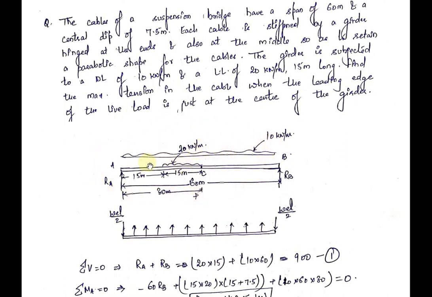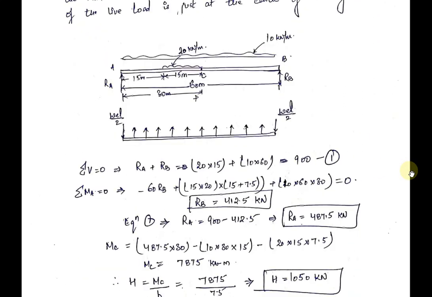Now for this type of arrangement we have to find out the maximum tension in the cable. In order to find out the maximum tension in the cable we must first know the value of H and VA or VB. After finding out the value of H and VA, we can find out the value of T max. So just like we proceeded in the previous numerical, in this also we will proceed in the same way. Suppose the support reactions at A and B due to the external loads only are Ra and Rb. So now find out the value of Ra and Rb by using the equilibrium equations.